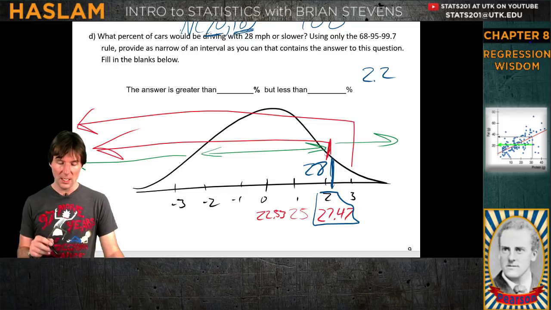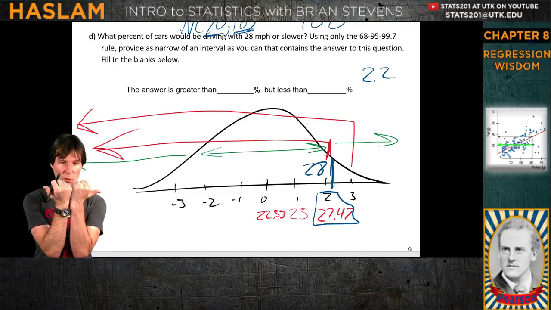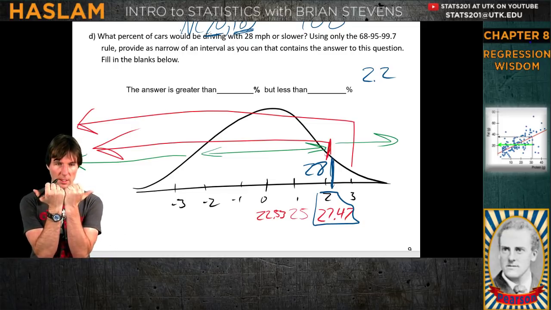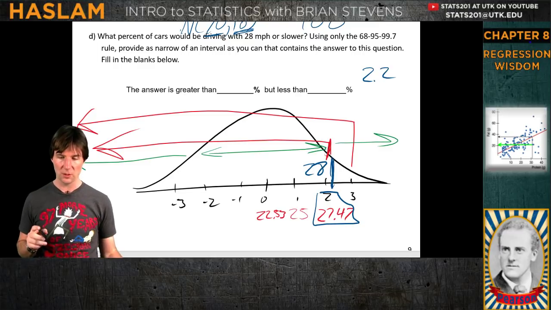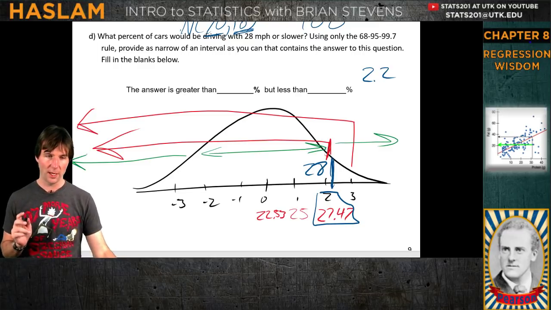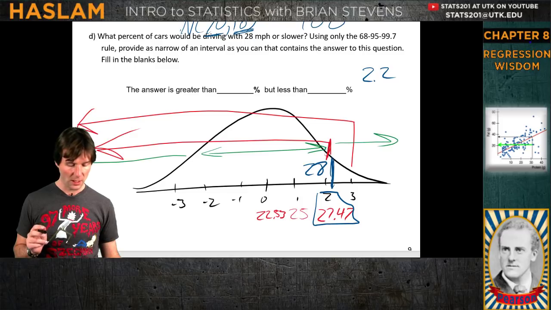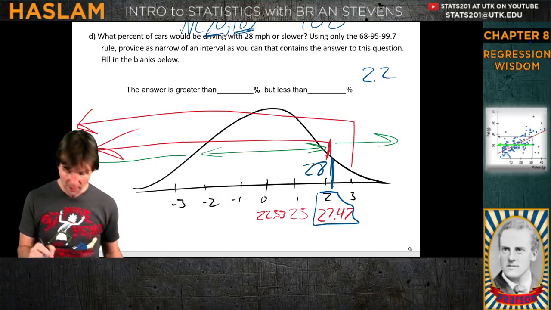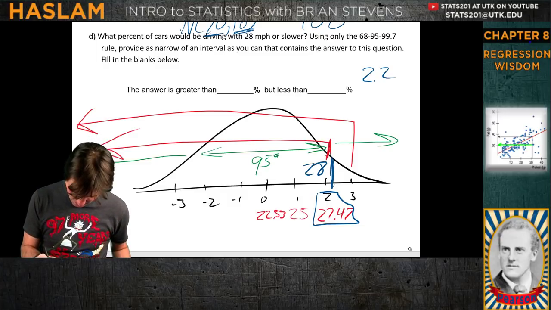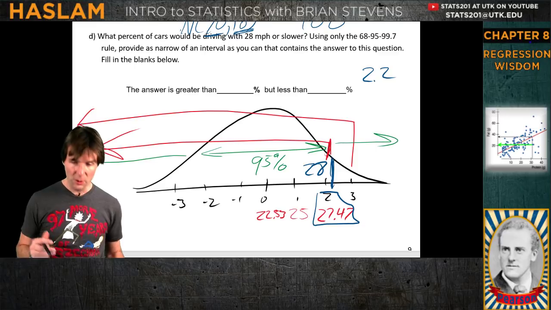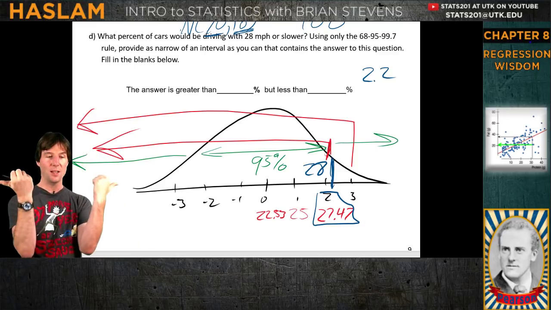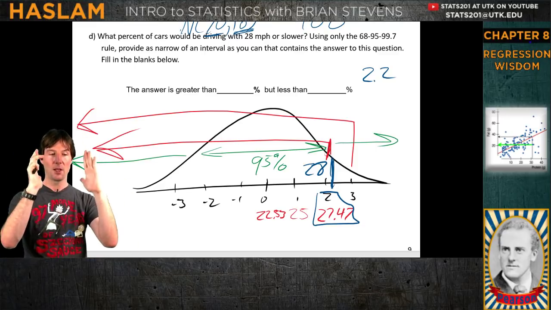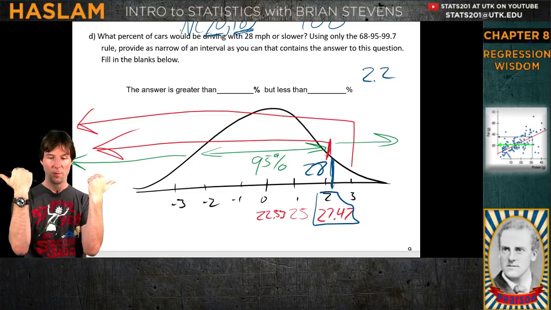So what is the inner green arrow, how much area is that covering right there? That'll help explain to people how we got these answers. Any ideas? Any guesses? It's between -2 and +2. 95%, nice job, Serena, thank you so much. 95%, which if 95% is on the inside, what's on the outside? 95 inside, boom. 95 inside, what outside?